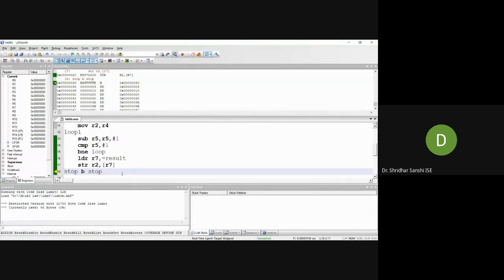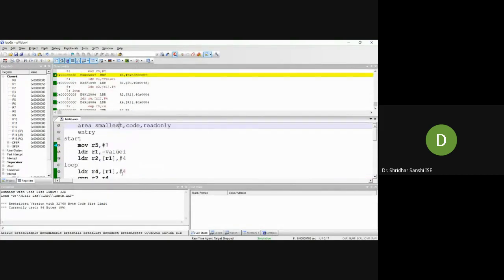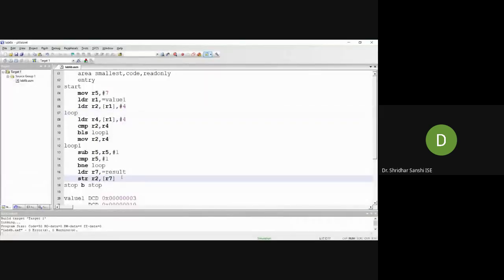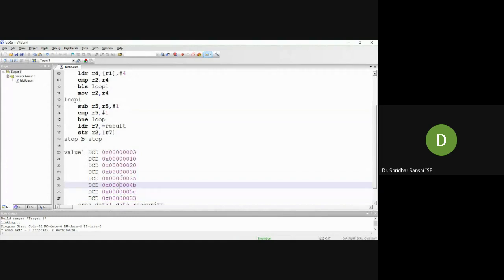So this is the program to find the smallest element in an array. Check. Suppose I change the value here, now it should give 1.